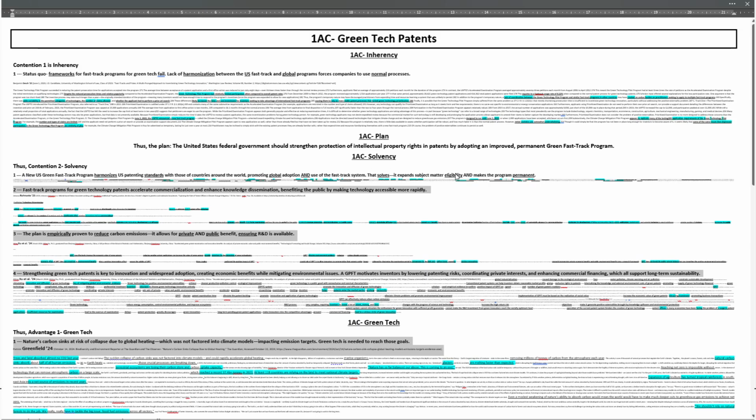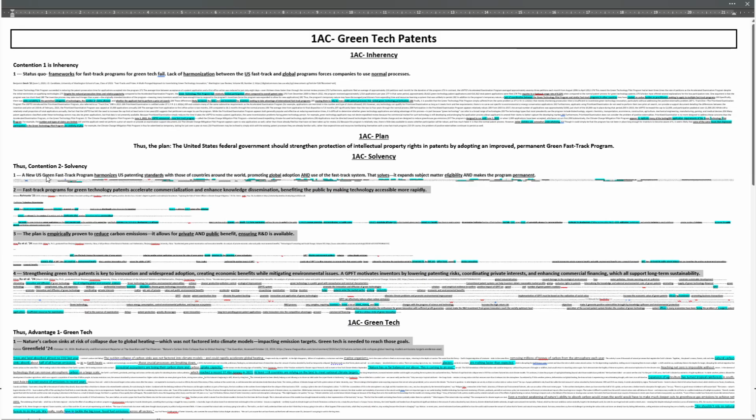But then they do have a solvency point where they give specific evidence talking about how their plan solves, or more particularly, these pieces of evidence argue what the plan does, since they don't have any particular harms that they identify, and the solvency for the harms that are in the advantage are also in the advantage. So what these ones end up doing is they kind of just explain why the plan generally is able to function. Like this